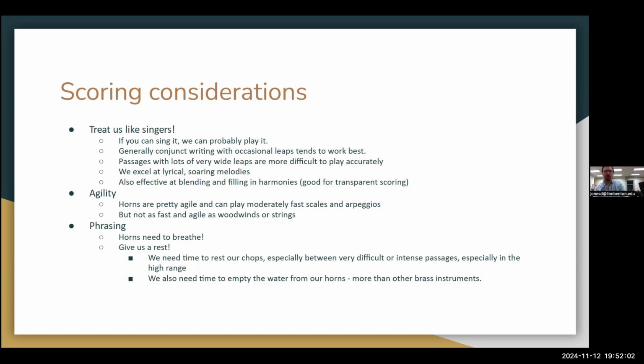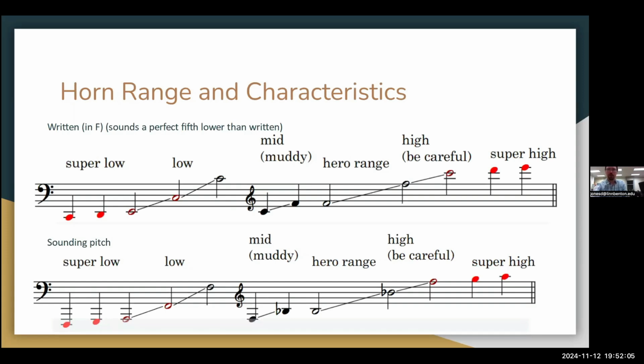When you're approaching the high register, just like with a voice, we can sometimes just nail high notes out of the blue, and sometimes we're asked to do that in a lot of orchestral repertoire, like in the Ein Heldenleben solo at the beginning of Strauss's Ein Heldenleben. At that point he asks us to nail a high B flat out of the blue, and you can tell I didn't nail it just now, but